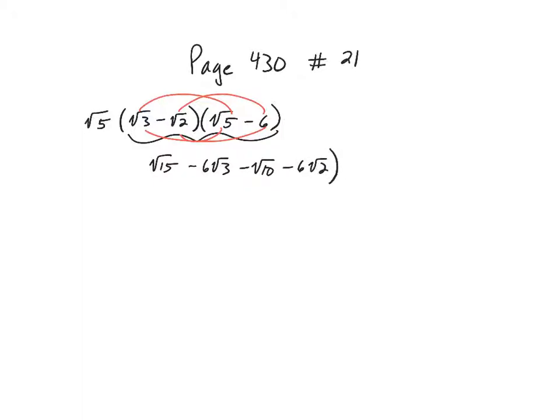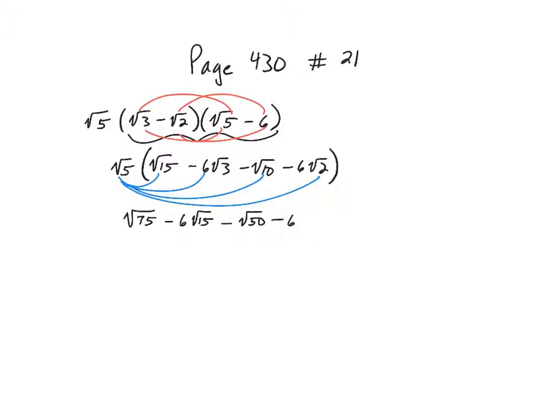Now that's my result of doing FOIL, but I still need to multiply all the way through using the distributive property with the radical 5. So I'm going to multiply all the way through with the radical 5. Five times 15 is 75, so I've got radical 75 minus 6 times the square root of 15 minus radical 50